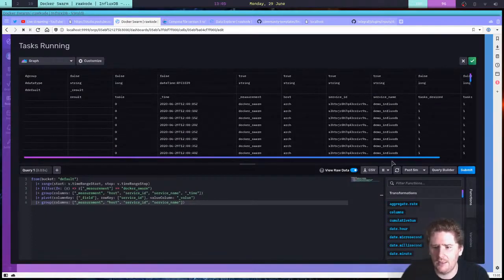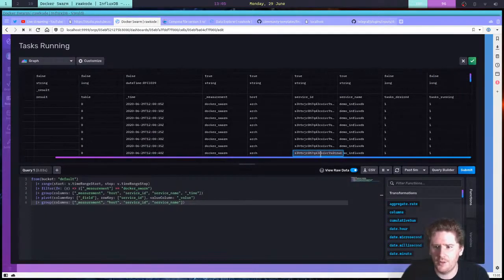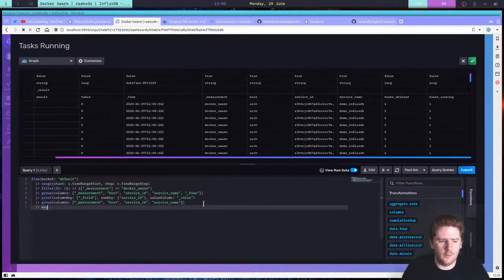So now what we want to do is map over each of these points and diff these two integers. So we're going to do a map, which takes a function, and what we want to do is r with, so record with a new value called diff, which is equal to r